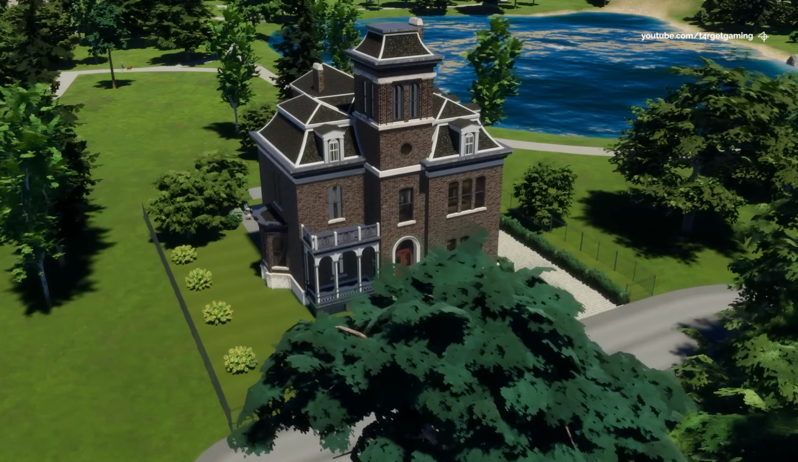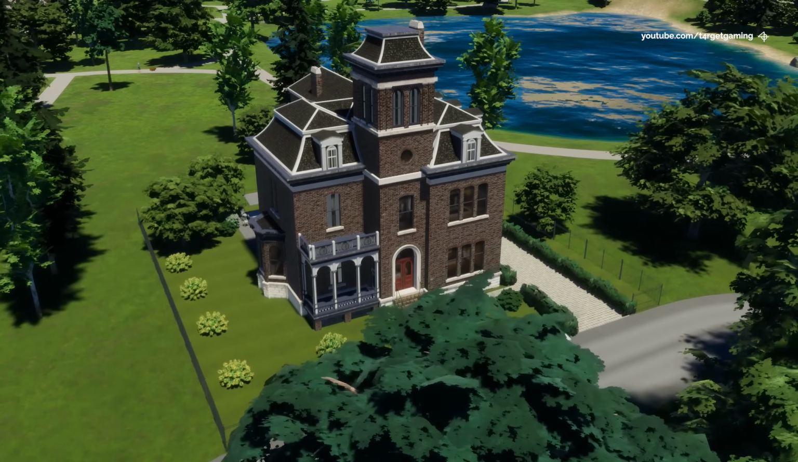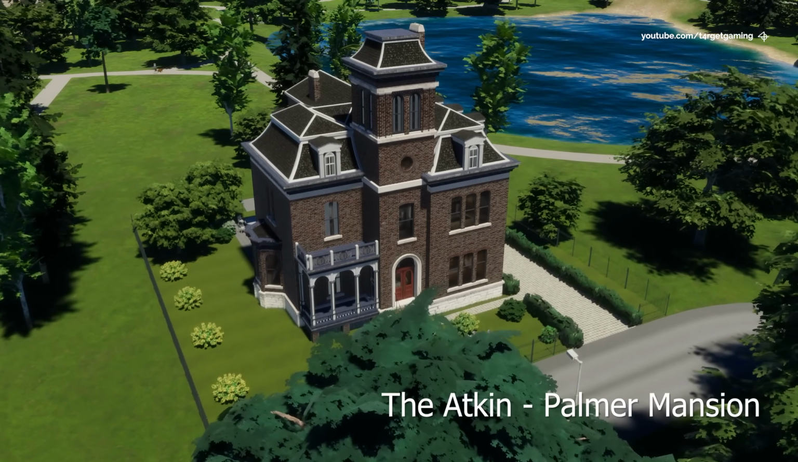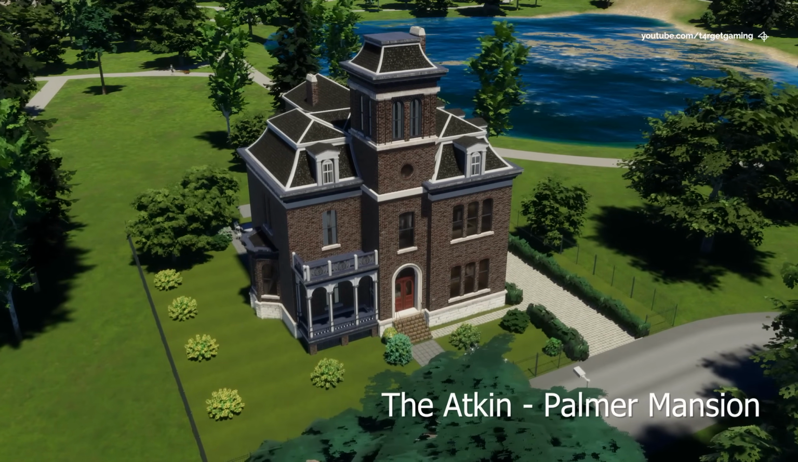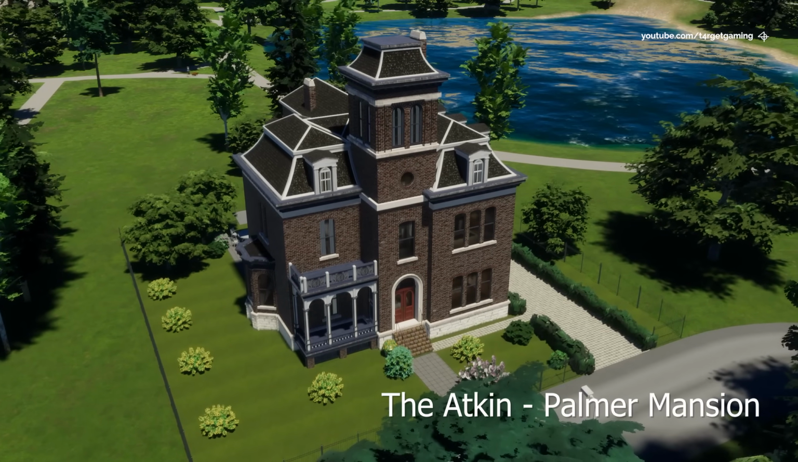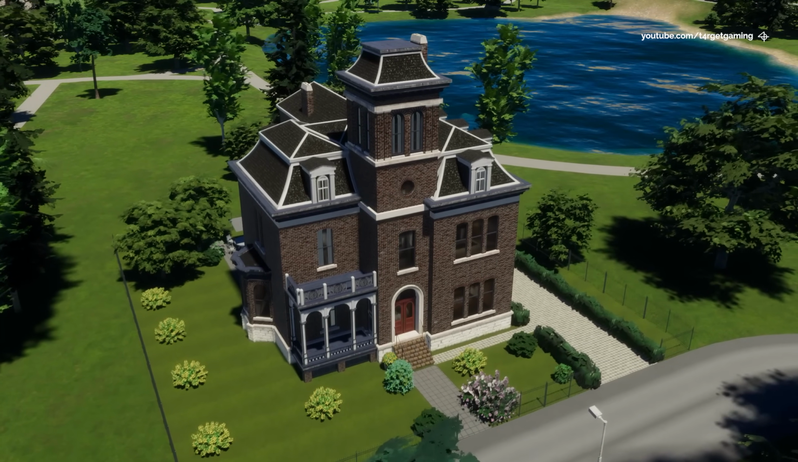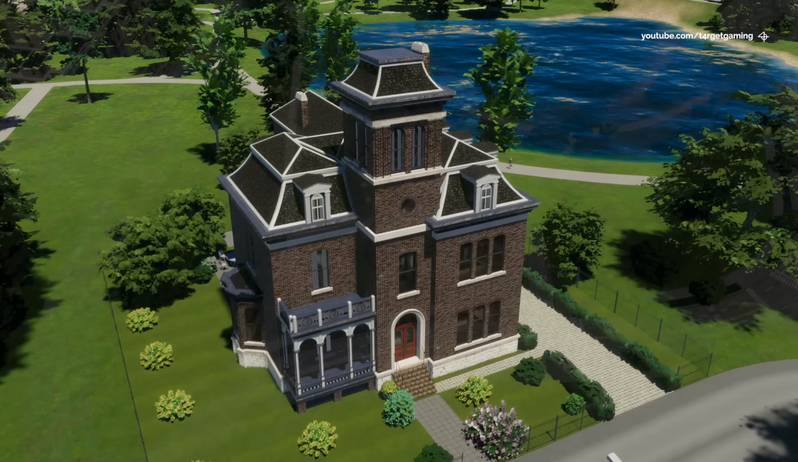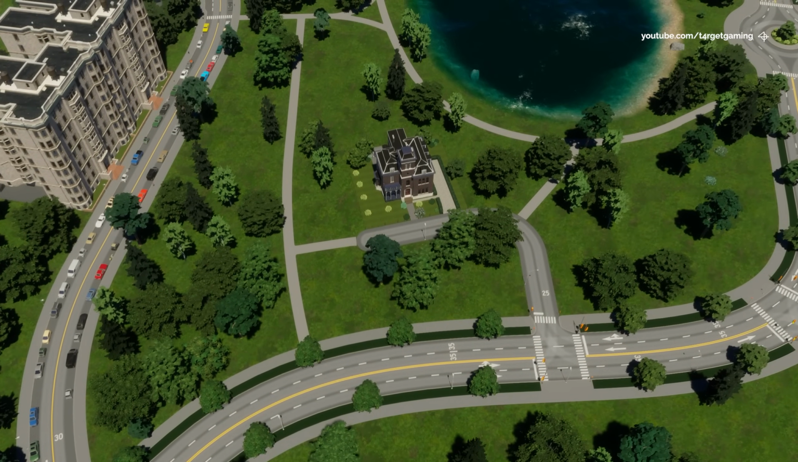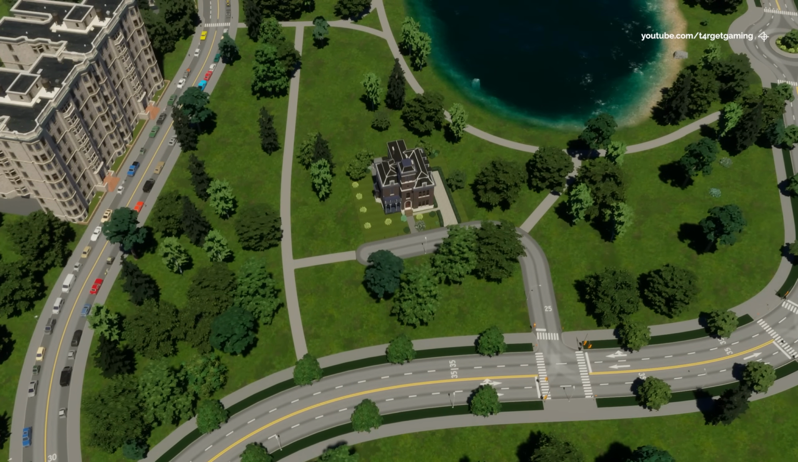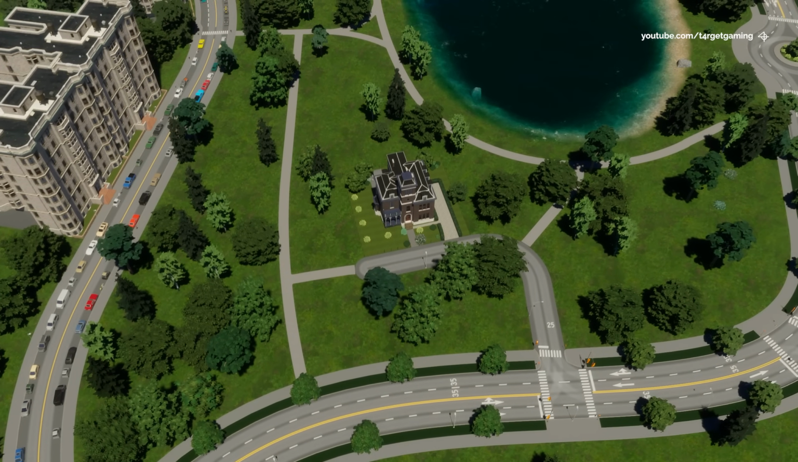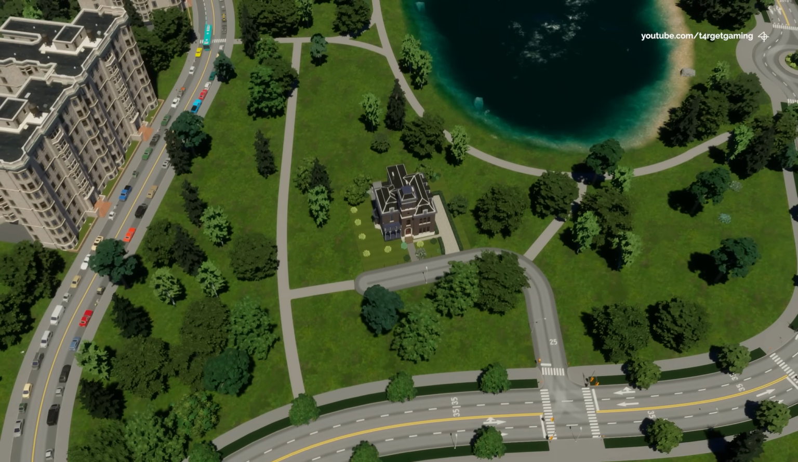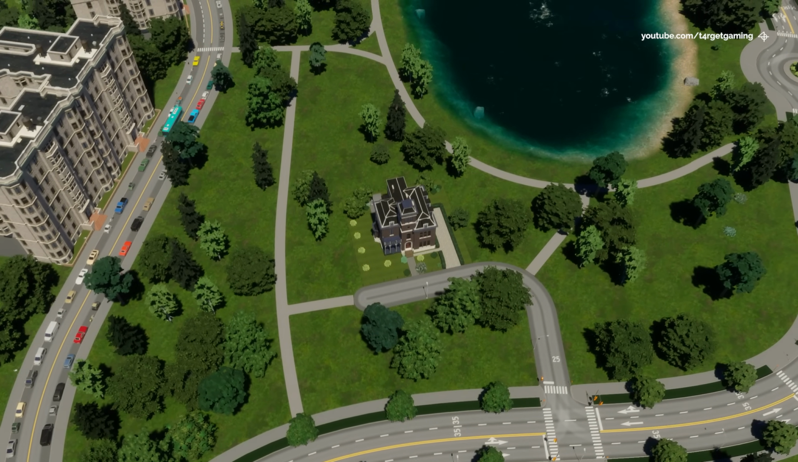What's not so useful is the other residential signature building, the Atkin Palmer Mansion, a 4x4 individual asset. I'll be honest, despite looking great, it doesn't really fit with anything else that comes with this spec. It could potentially stand out in its own dedicated plot, but with so many options for mansions and large luxury homes as signature buildings already, there's not really a lot of reasons to use this building unless you like its